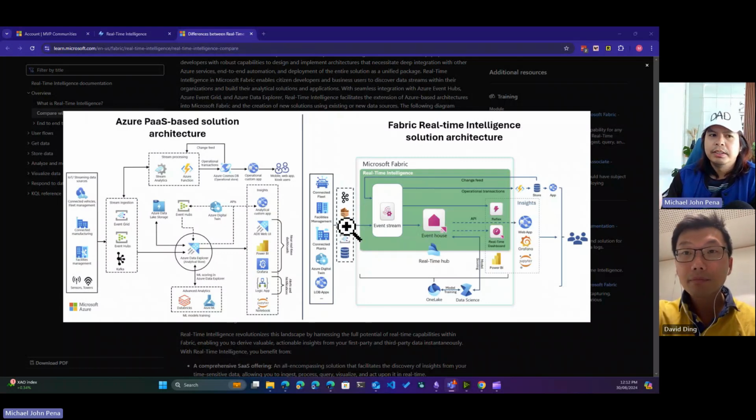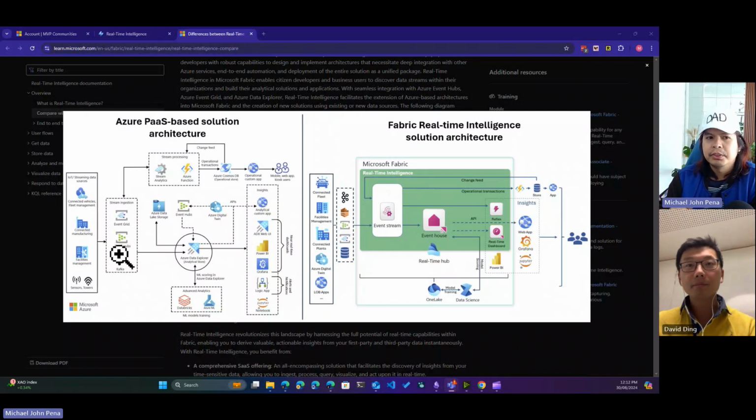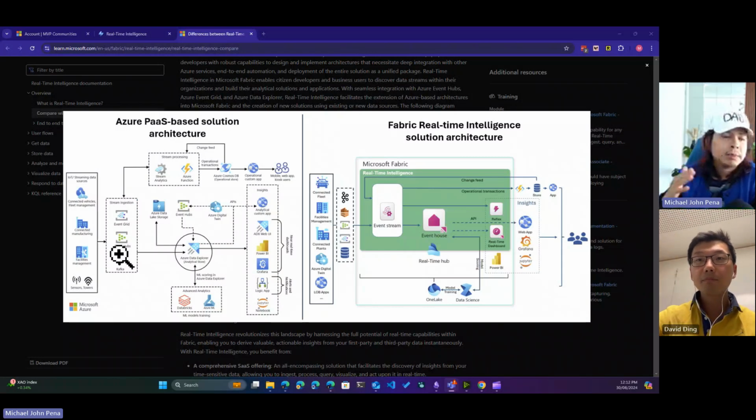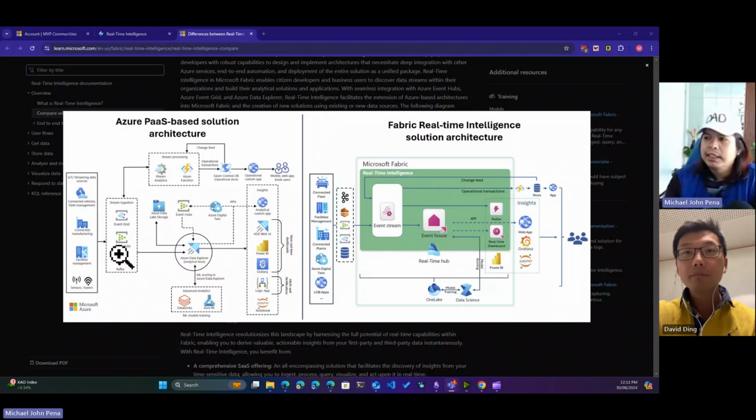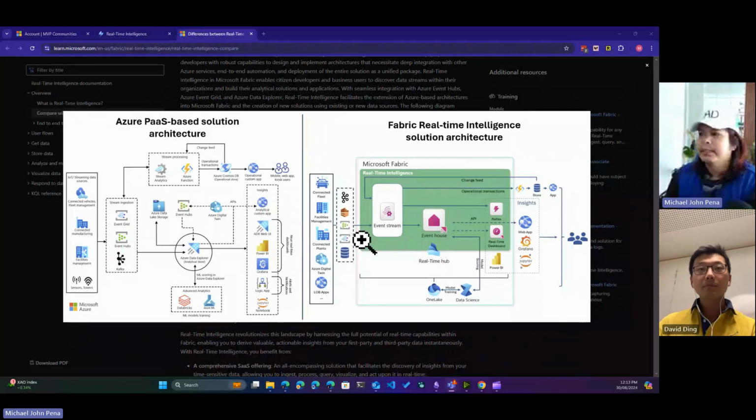You're not trying to reinvent the wheel around that, because you already have established and mature platforms and streaming capabilities for that. Probably what has changed recently is that these services themselves have matured dramatically since then, and they've adopted the new AMQP protocol, and that's what makes it more robust. But that's outside of Fabric, right?